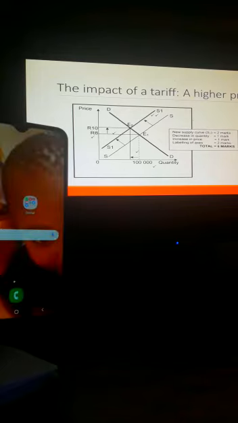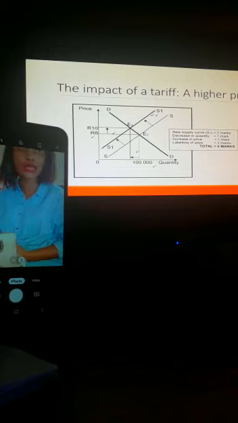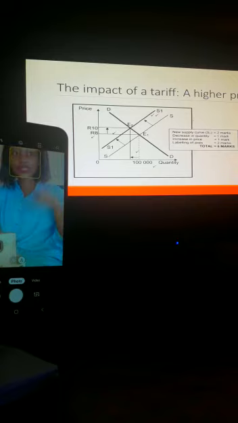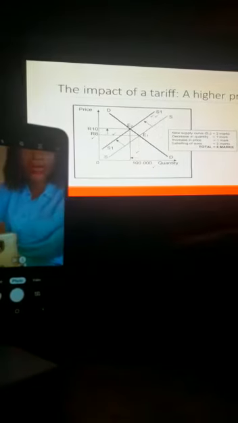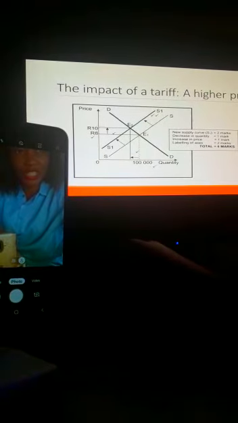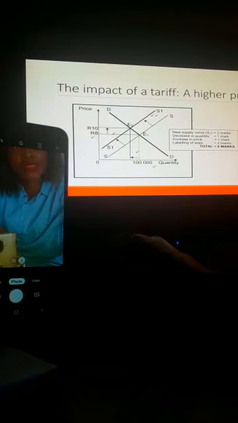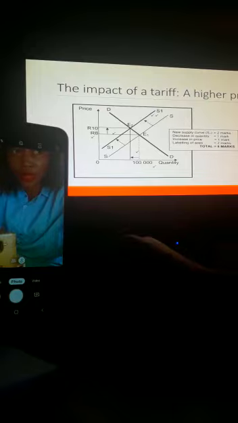After we have explained the original points, we show the impact of a tariff, which is showing that suppliers will leave the market. Initially we were in equilibrium at point E1, whereby consumers were buying 100,000 quantity of goods and services which were imported, and they were bought at a price of 8 rand each. Then when the government imposes a tariff, there are fewer suppliers who will still be willing to supply that particular good to our